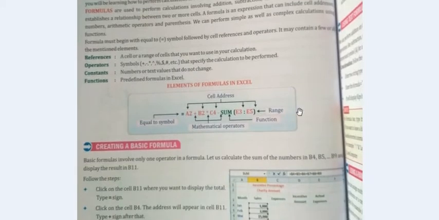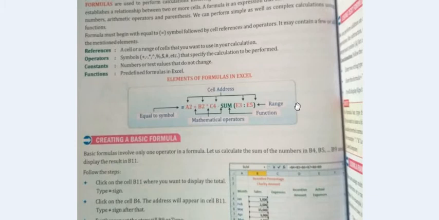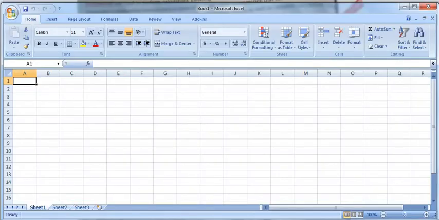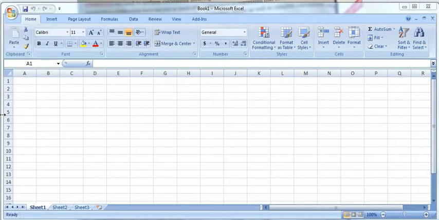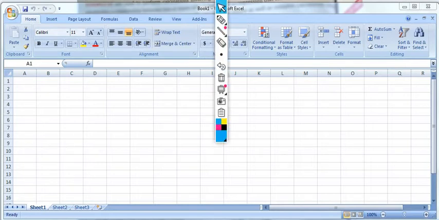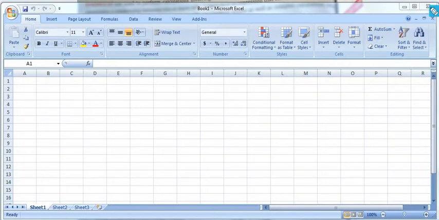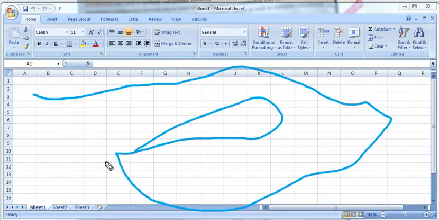Now see, in Excel, this is Excel. In this you can see all these are cells, right? This is why it is called a spreadsheet. MS Excel is called a spreadsheet because it is spread out, a spreaded sheet.